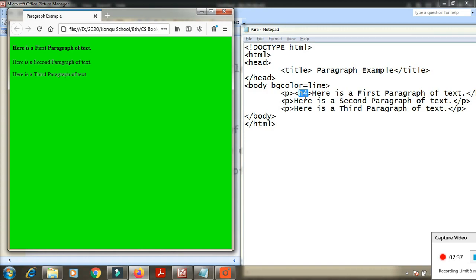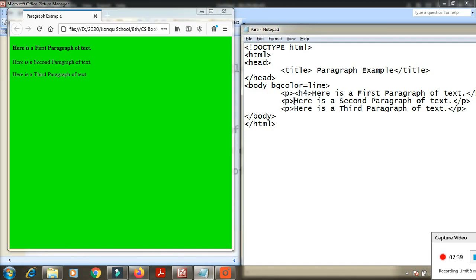And h4 is the first paragraph, and what is that, h2, sorry, h5 is the second. Okay, h5 is the second, h6 is the third one that I mentioned.